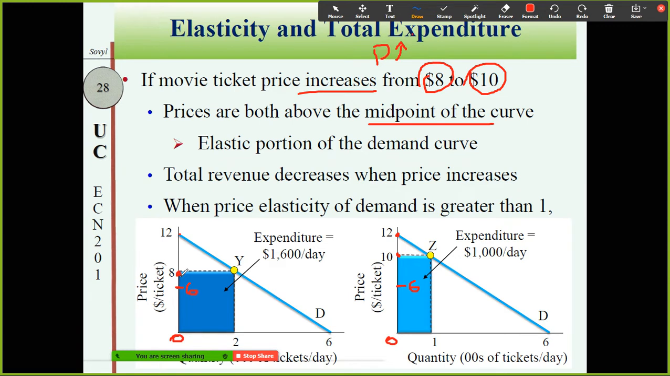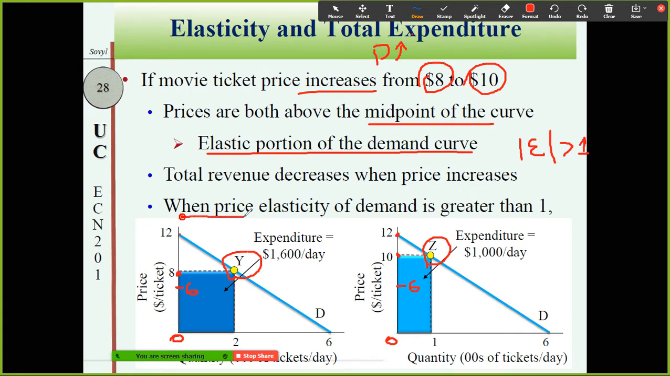So at point Y, consumption at a price higher than the $6 midpoint price. Z, higher consumption at 10, also higher than the midpoint price. This is the elastic demand area. Elastic demand area means that, when talking about absolute value, it is bigger than 1. Okay. So when the demand is in the elastic side or elastic area,